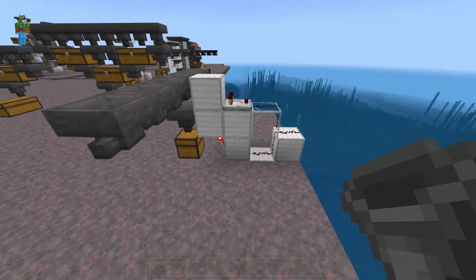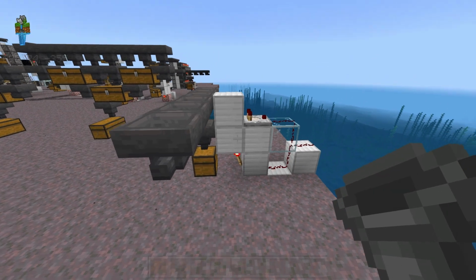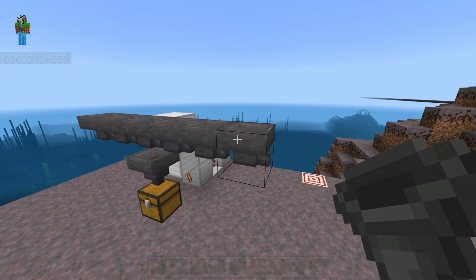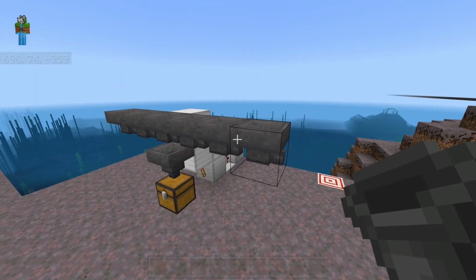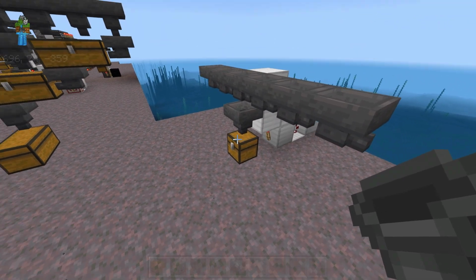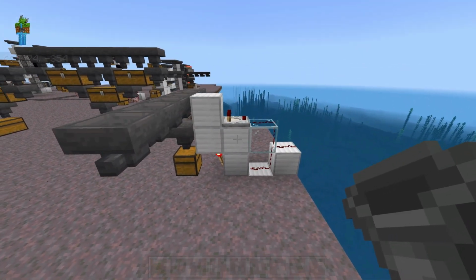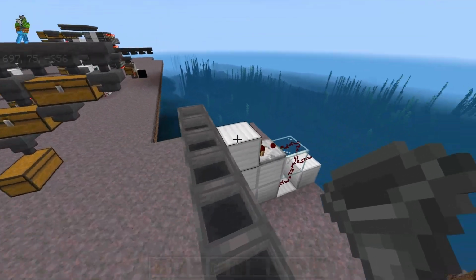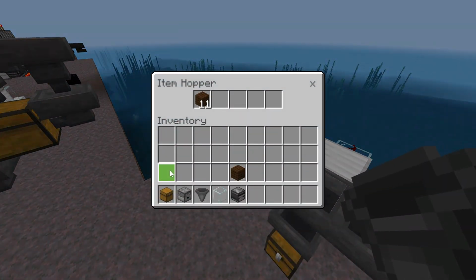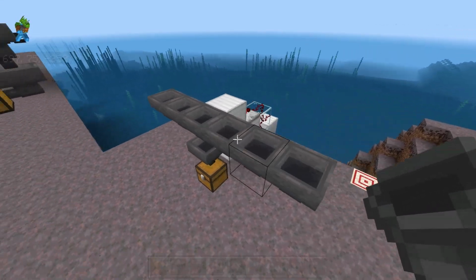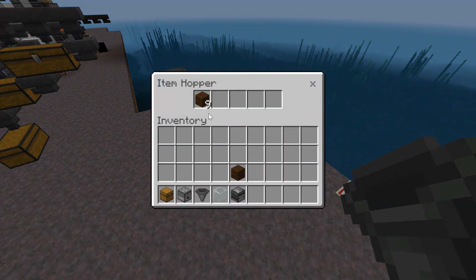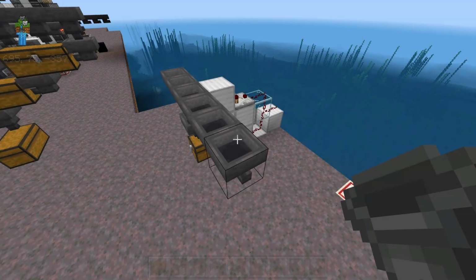But now let's touch on tiling item sorters next to each other. It's always okay to put multiples of the same type of item sorter next to each other, but sometimes it can be a little weird or not work if you put different types of item sorters directly next to each other. But first off, let's talk about this non-stackable item filter because I've had a few people ask recently how you keep it from skipping items.